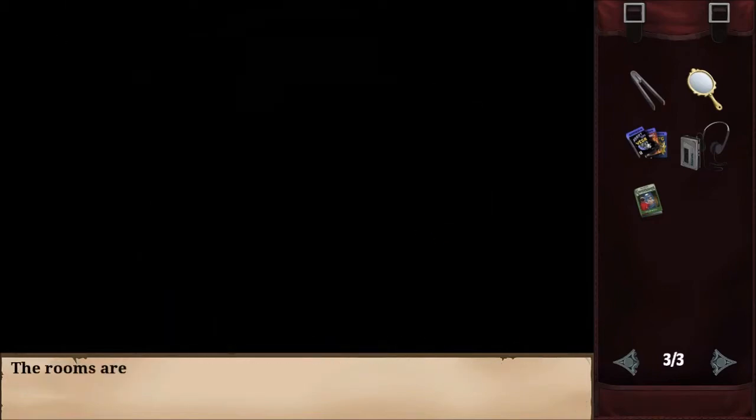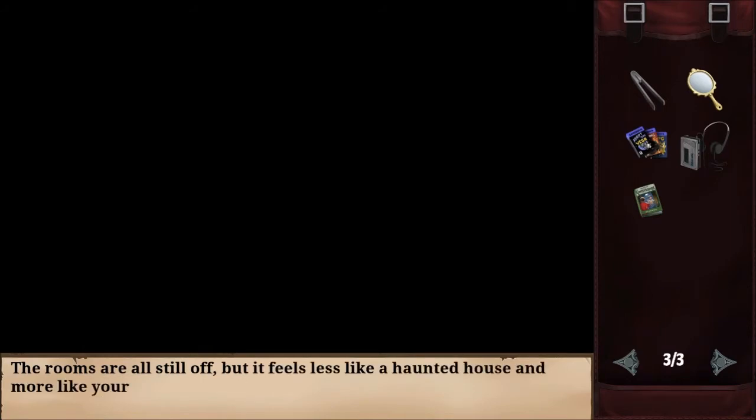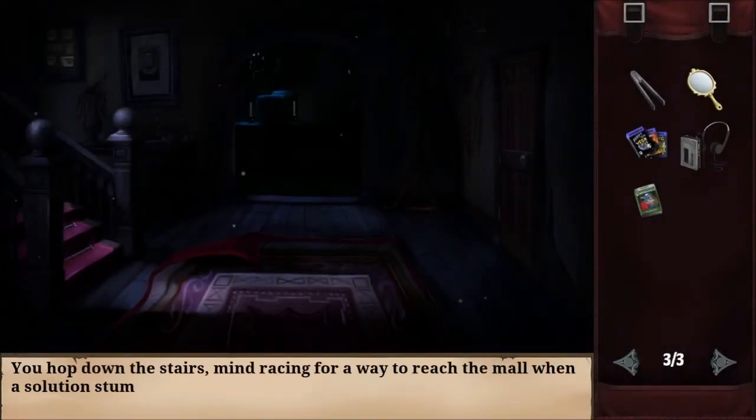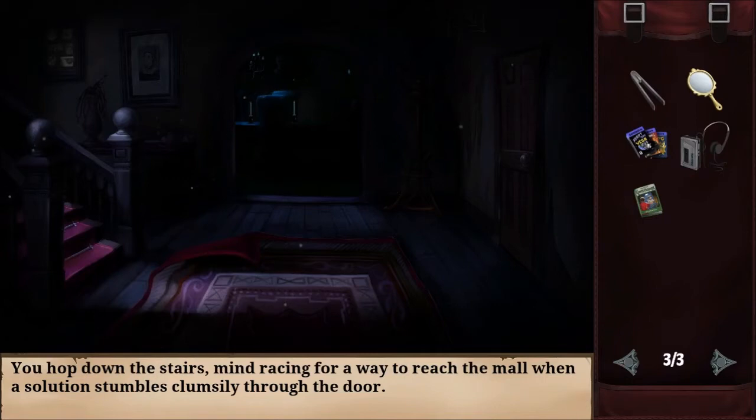You walk back downstairs, feeling much lighter. The rooms are still off, but it feels less like a haunted house and more like your house again. You hop down the stairs, mind racing for a way to reach the mall, when a solution stumbles clumsily through the door. Well, we're going to find what that solution is in the next episode because it's been about